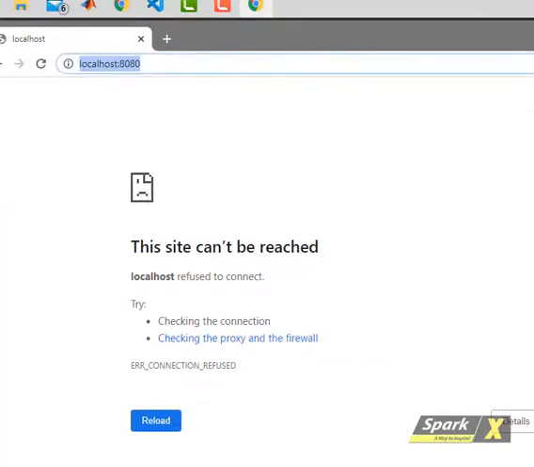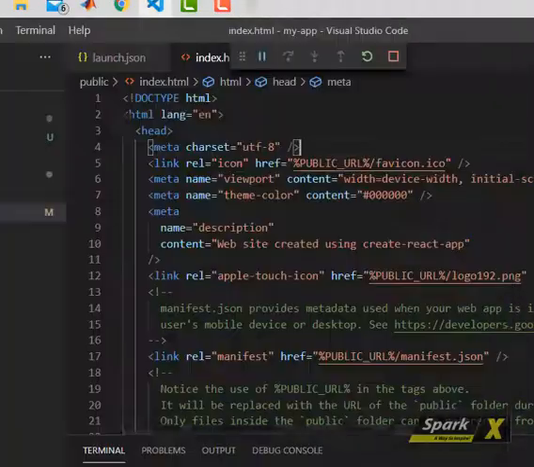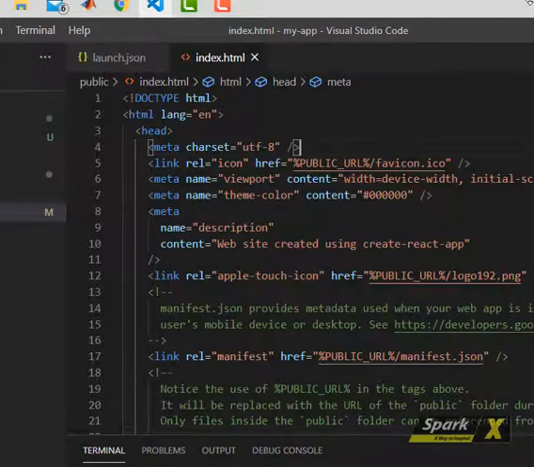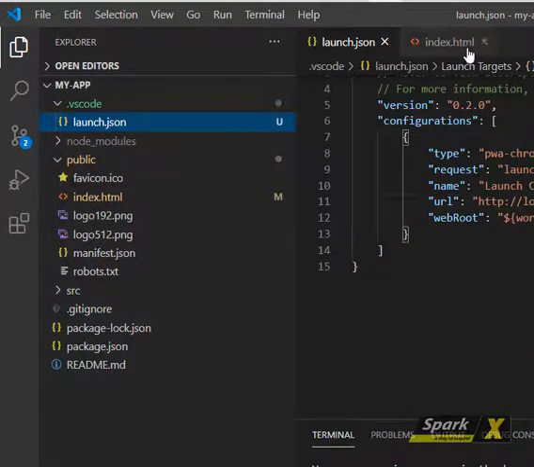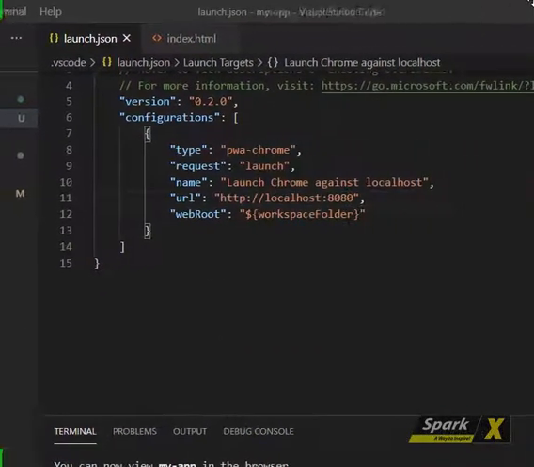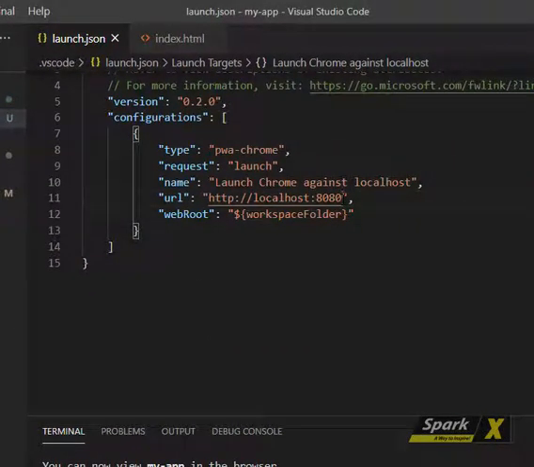But here now I have got a solution to it. You just need to open a launch JSON file, which you can find here. Yes, here it is. You just need to change up your port number. It is by default 8080, ये by default 8080 ही होती है, बट आपको उसको चेंज करके 3000 या समथिंग